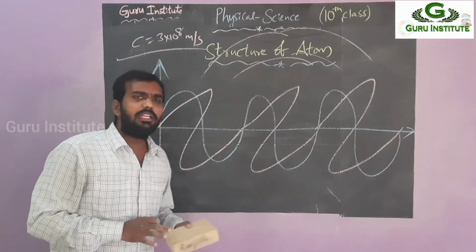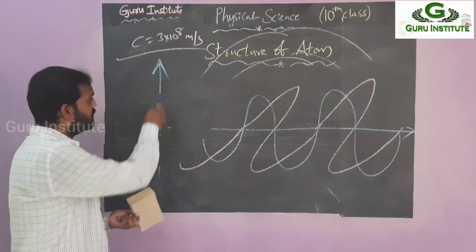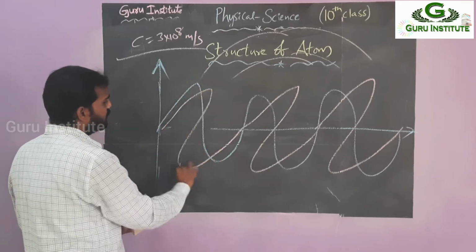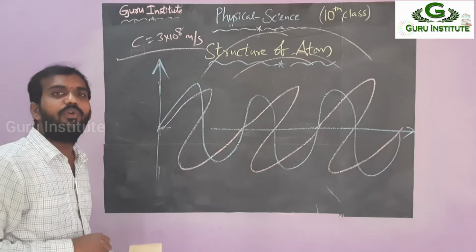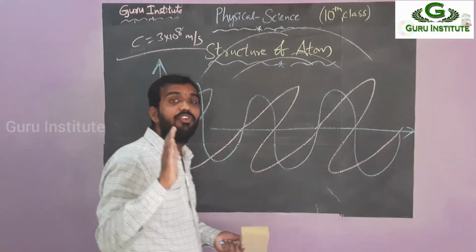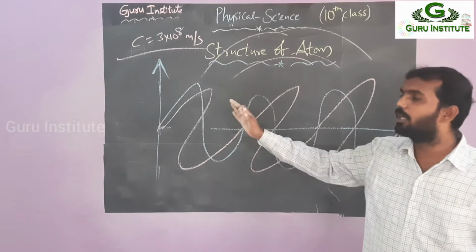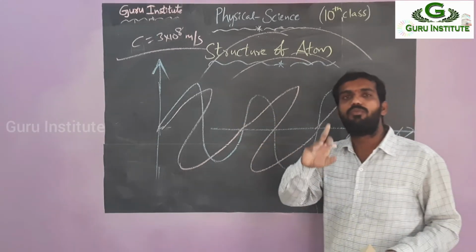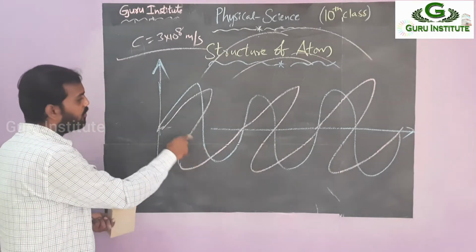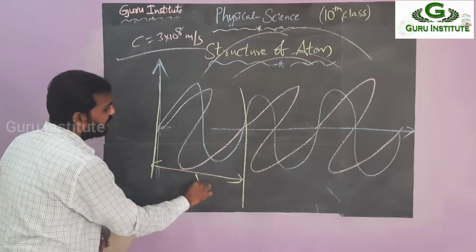After that we have to see, what is the characteristic of this wave? We have to see the wavelength. Any wave has a wavelength and it has a frequency also. Wavelength means the distance between the starting point and ending point of the wave for one cycle. See here, I am talking about the electric wave. So this is the first point, this is the second point, then this distance is called the wavelength.